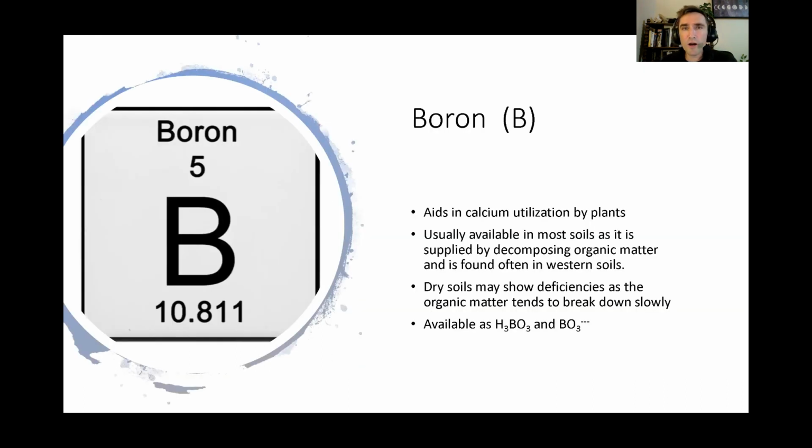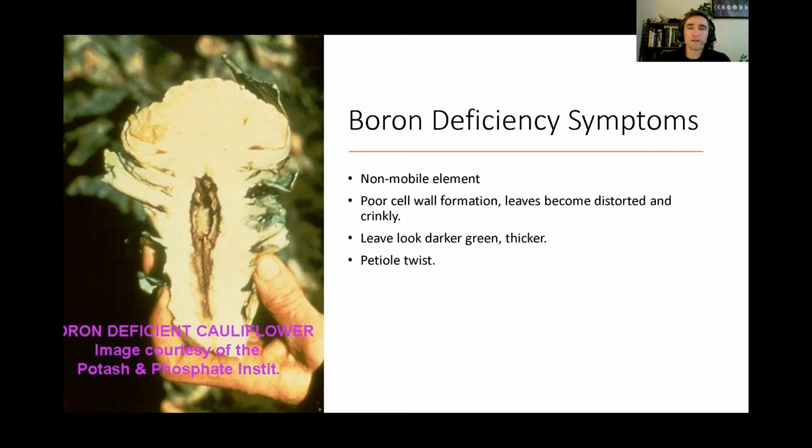Now let's talk about boron. Boron aids in calcium utilization in plants. It's usually available in most soils. It's found in decomposing organic matter, and we've got plenty of it in our soils. But if your soil is on the dry side, you may experience a deficiency because the organic matter is slower to break down. So the rate at which boron is supplied may be diminished if your soil is very dry and decomposition slows. A boron deficiency will display poor cell wall formation,